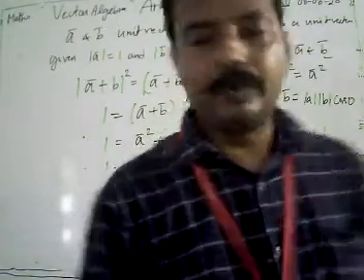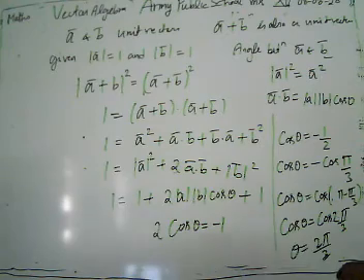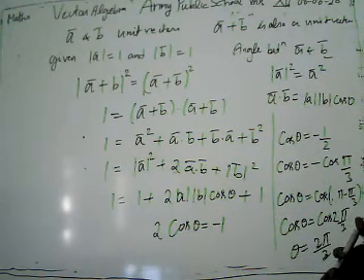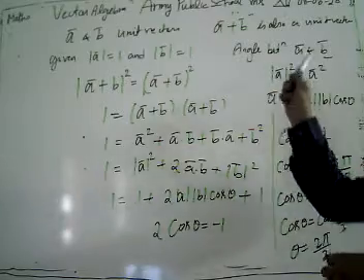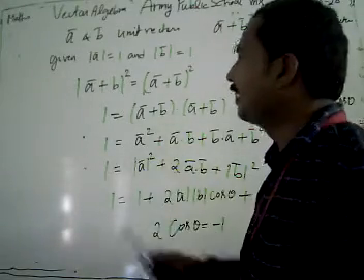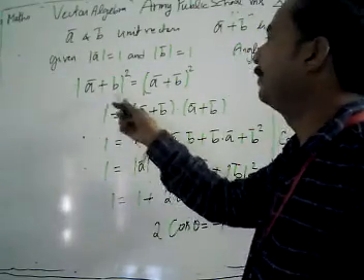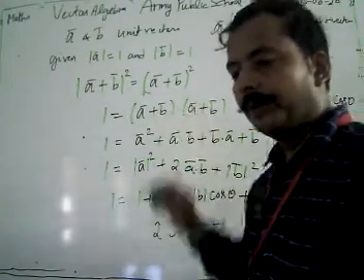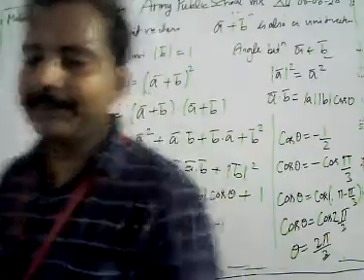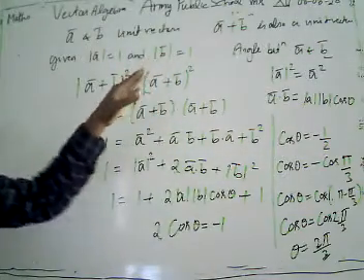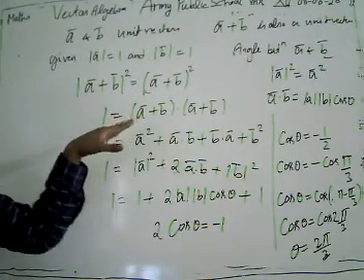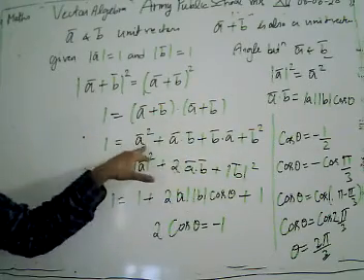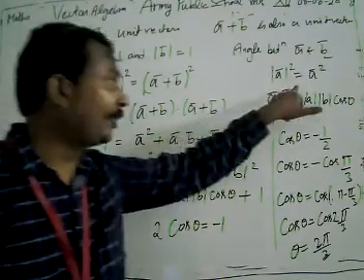Now look, we are given two unit vectors a and b, and also given that the sum of vectors a and b is also a unit vector. Then we have to find the angle between vector a and b. We start with our basic concept. The magnitude of (a + b) whole square is given by (a + b) dot (a + b). Then we expand it: a square plus ab plus ba plus b square.